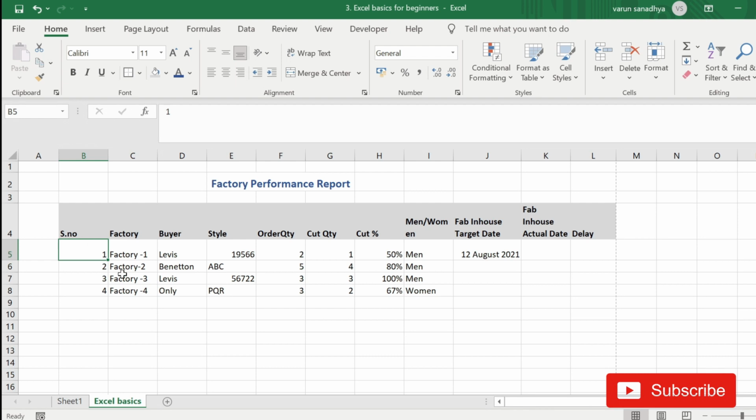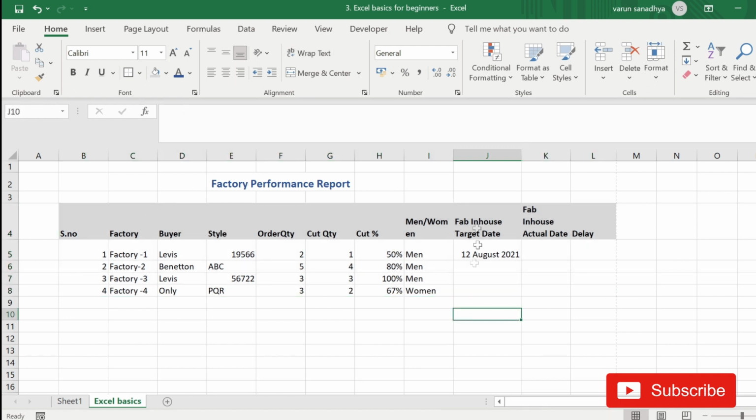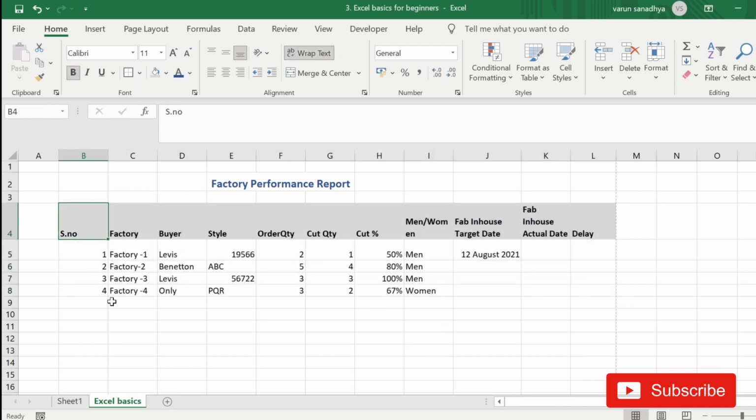So that's it. Now let us discuss how we can give a border to this data. This data looks good right now. Now I want to give a border to my table. So if I select a cell, this option is available, this window-like thing, and this is the button